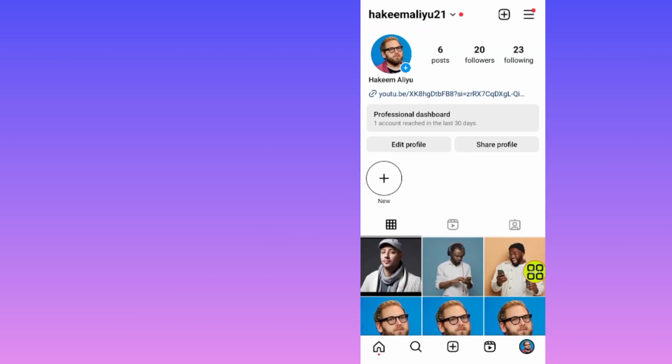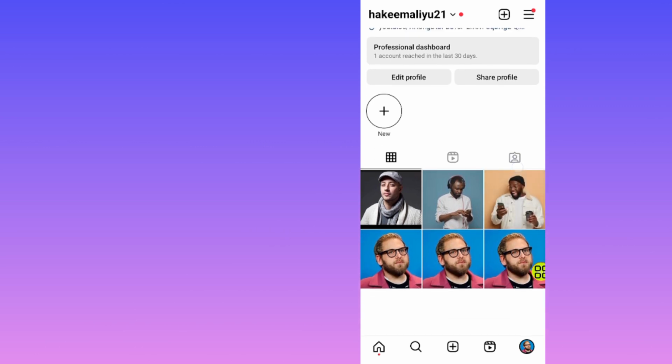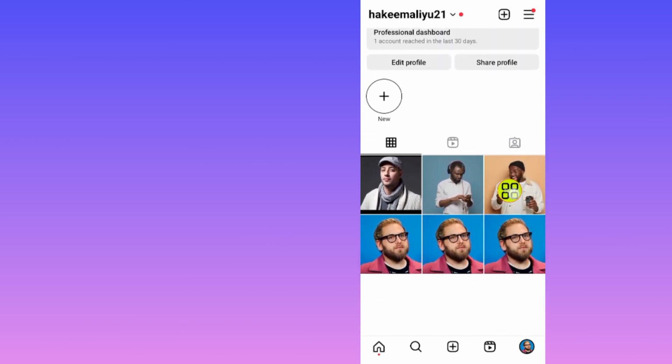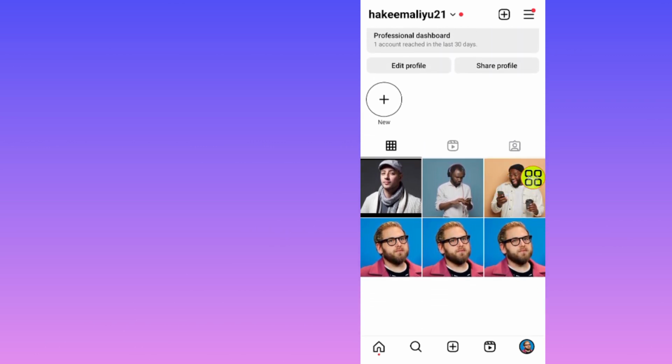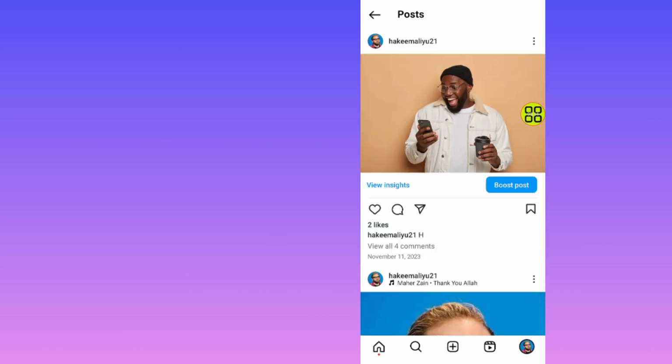After you open your profile, if you want to hide a specific post, let's say I want to hide all the likes I got under this post, all you have to do is tap on the post, like this one. As you can see, this post got 2 likes. So if I want to hide how many likes this post got on Instagram, after you open the post, now